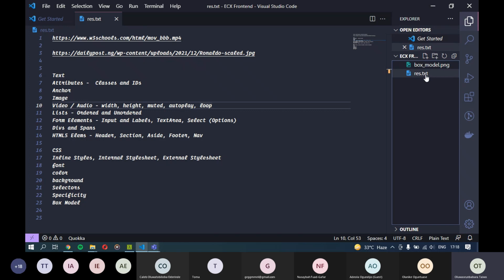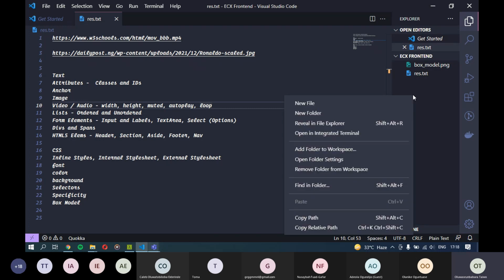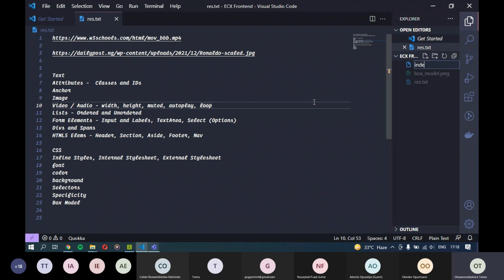Then this one is .txt, the extension for text files. When we are dealing with web pages, we deal with HTML files. To create the file, you just right click, click on new file, and name it index.html.